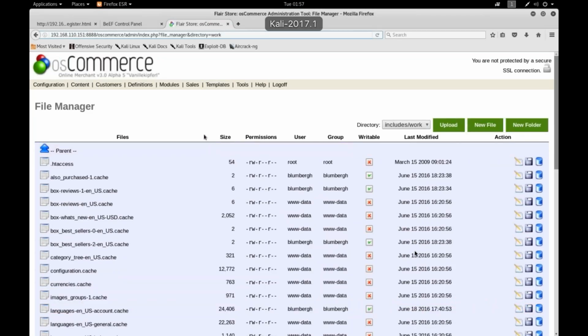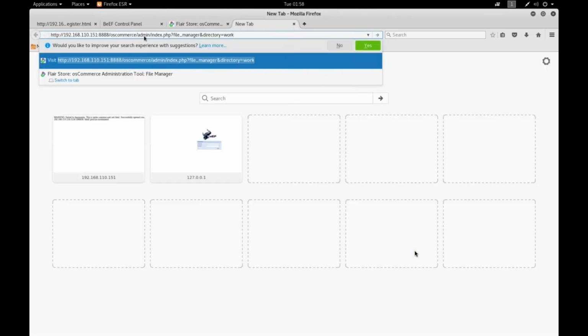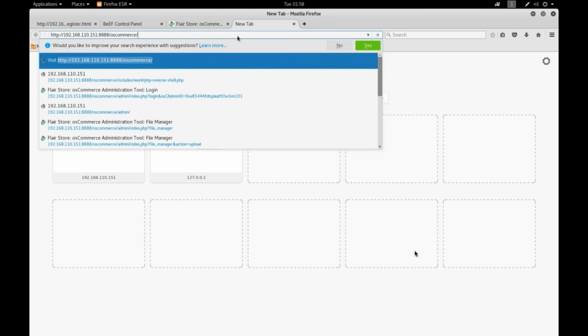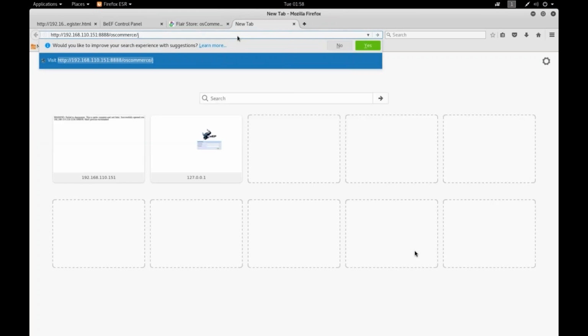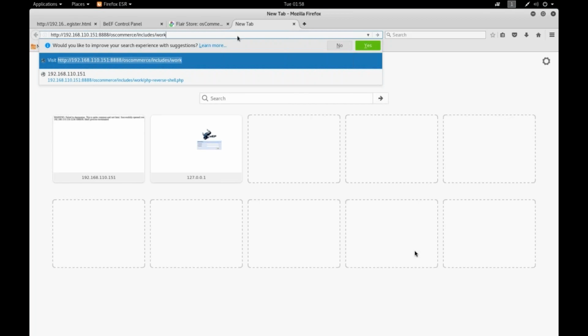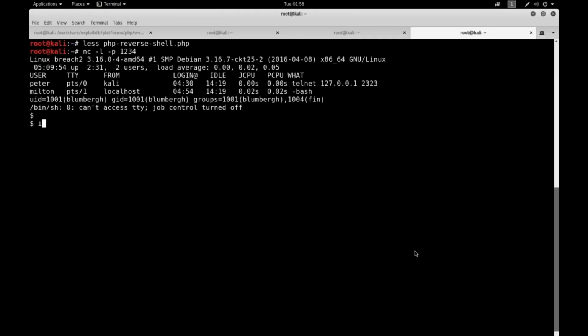I upload it, and now I'm going to find that it's in work. So what I need to do is go to that URL so that the PHP interpreter will run that code. So I've got osCommerce, and then I've got includes, work, and the PHP reverse shell. Okay, it says connecting and nothing seems to be happening, but look, over here, our netcat listener, it's got a